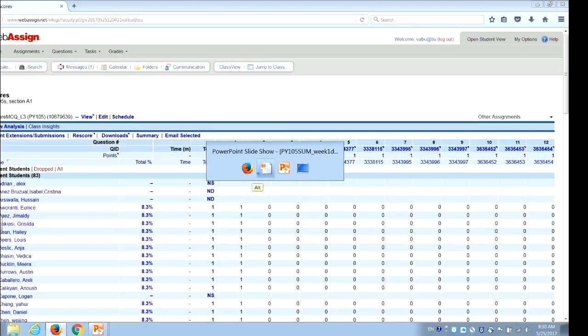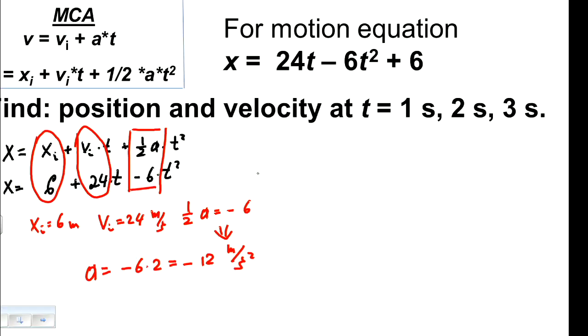Seems working. Well, this is literally the last slide we saw yesterday. I hate when things are left unfinished, so let's finish it. First, we need to calculate the position at different times of this object. A motion equation is the name for any equation which tells us the location of an object at any time. So, if we want to calculate the location at t equals 2 seconds, all we need to do is